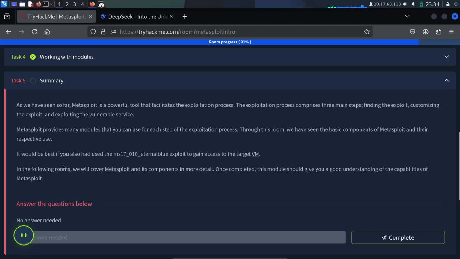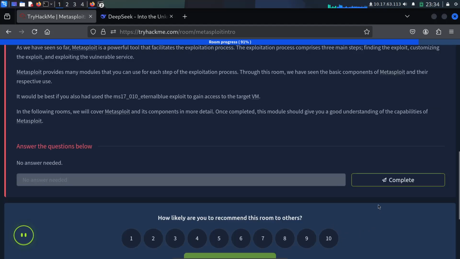You should also have used the MS17-010 EternalBlue exploit to gain access to the target VM. In the following rooms, we will cover Metasploit and its components in more detail. Once completed, this module should give you a good understanding of the capabilities of Metasploit.